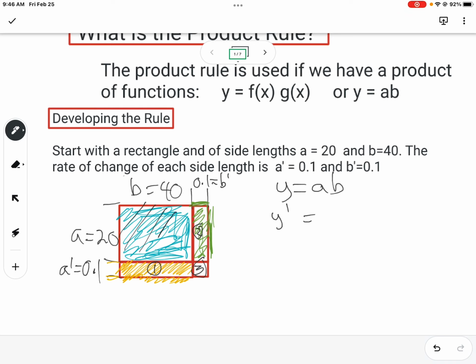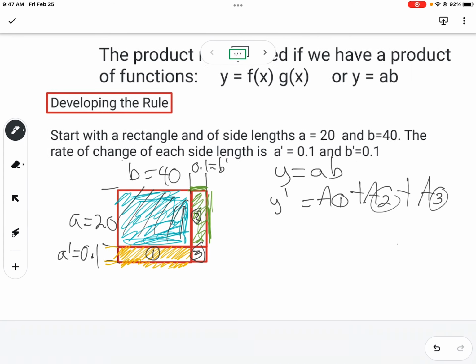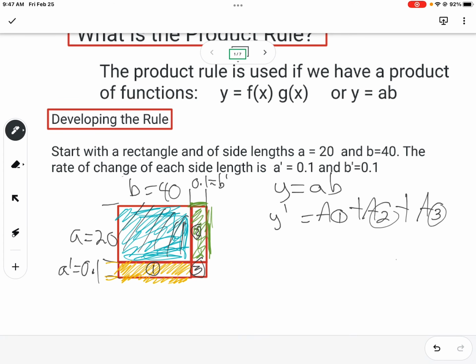This part here is the original rectangle. Okay, so it's the area of 1 plus the area of 2 plus the area of 3. That's the growth, right? Y prime means change. So we're looking at the change in area, not the area, but the change in area. So if I start at 40 and grow by 0.1, if I start at 20 and grow by 0.1. Okay, so when I do that,